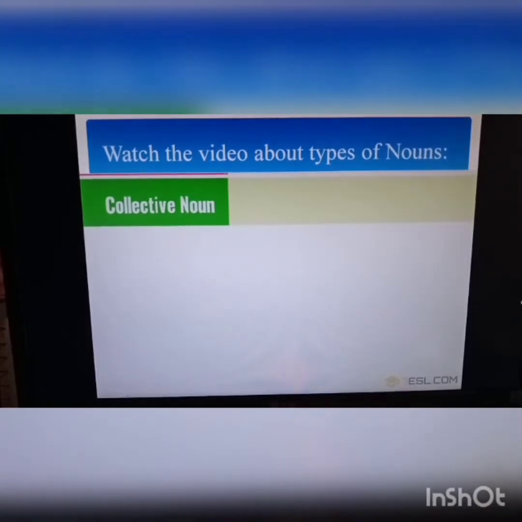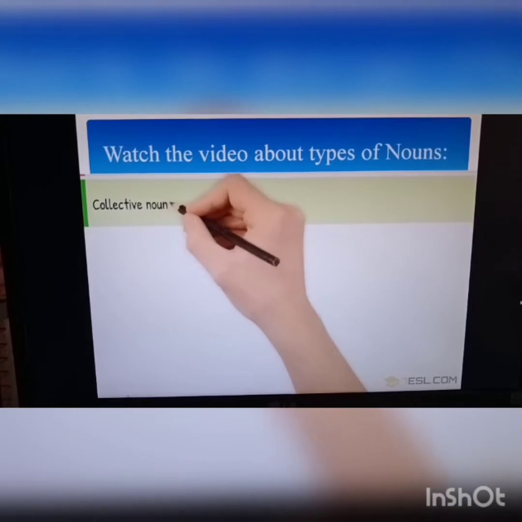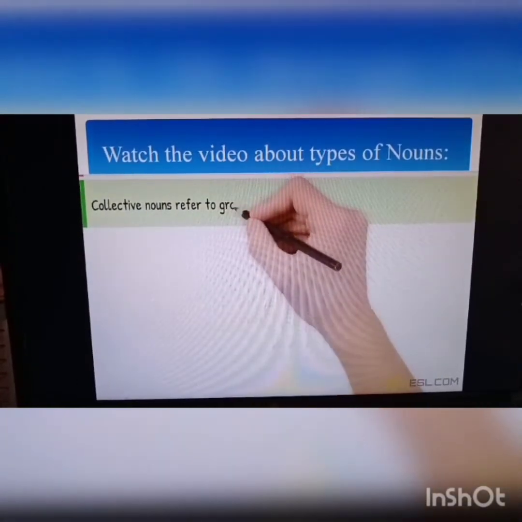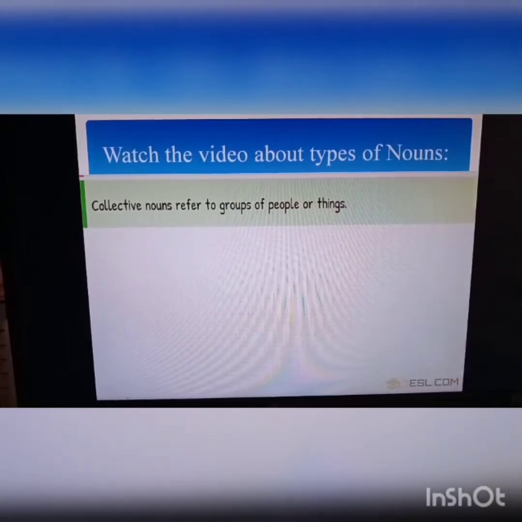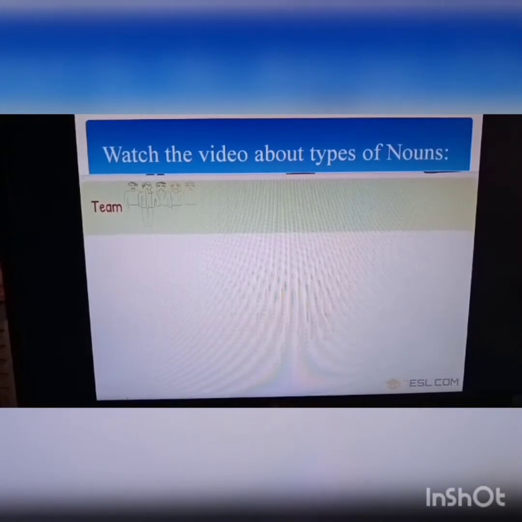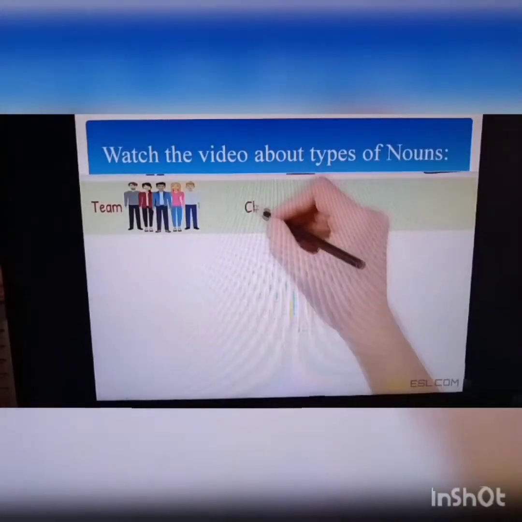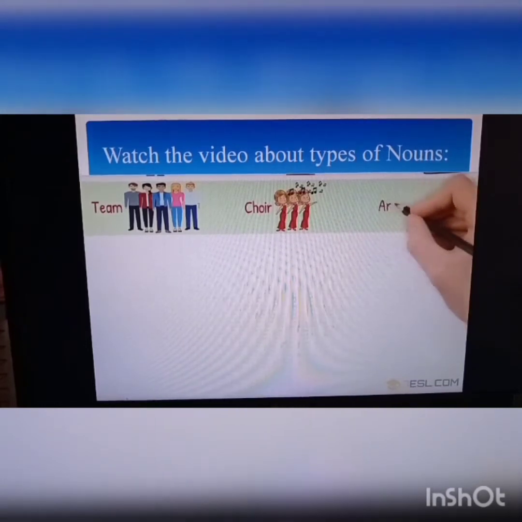Collective noun. Collective nouns refer to groups of people or things. Team, choir, army.